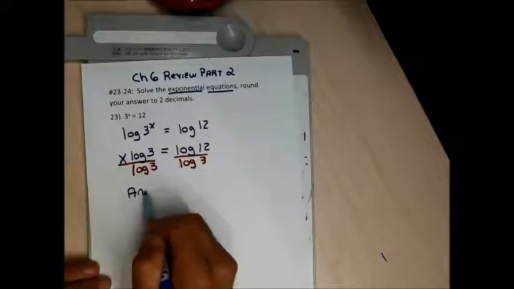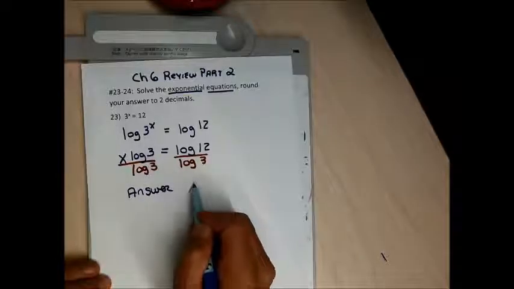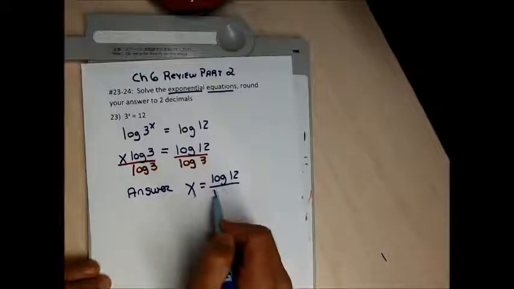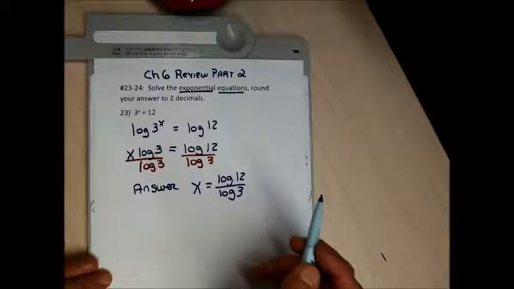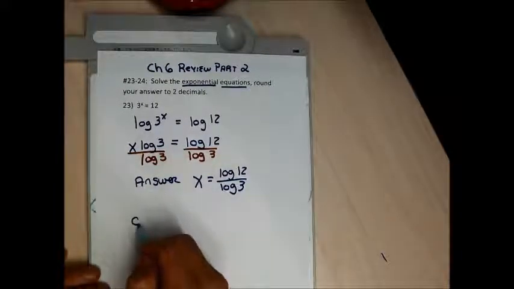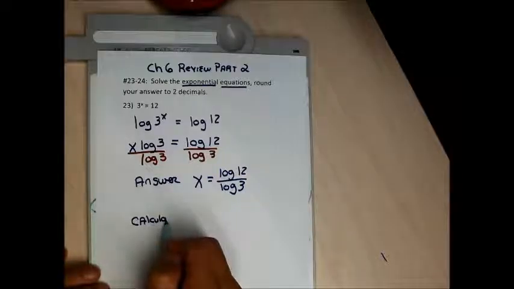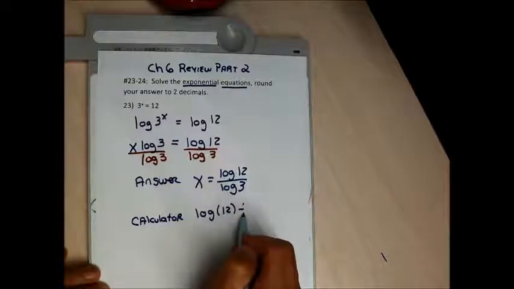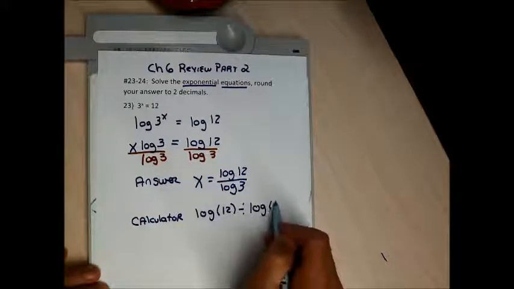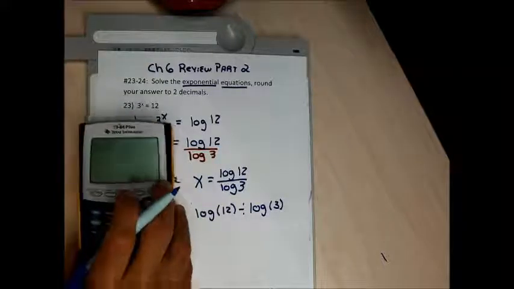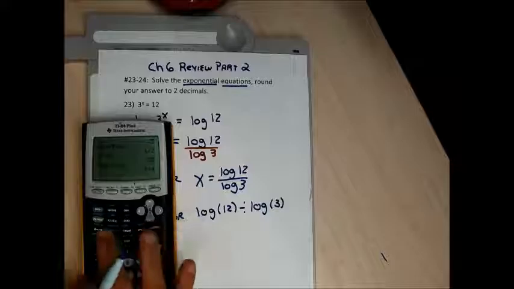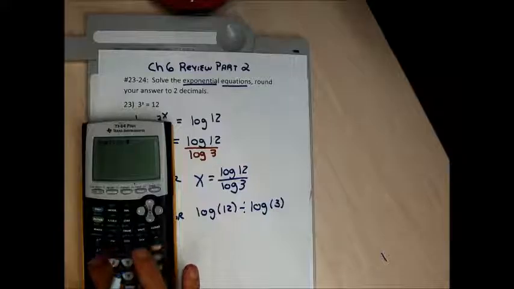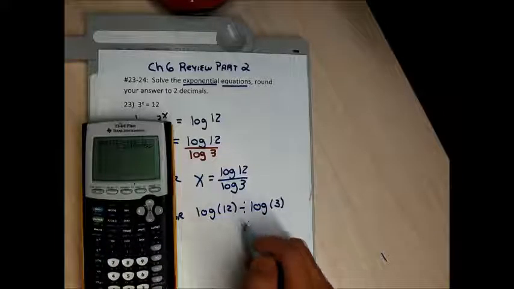A non-rounded answer, a non-decimal answer, would be just to say x equals the log of 12 over the log of 3. The instructions say give me a 2 decimal answer, so I'm going to break out my calculator. And on my calculator, I'm going to do log of 12 divided by log of 3. My calculator is very particular about parentheses, and if I don't enter it, it actually forces the left parenthesis on me, and if I don't close it, then it's going to yell at me. So my calculator gives me